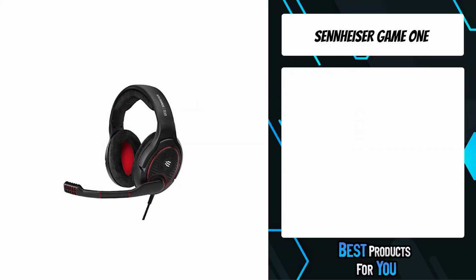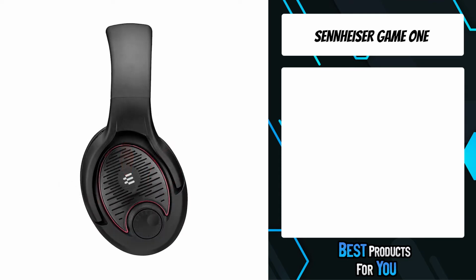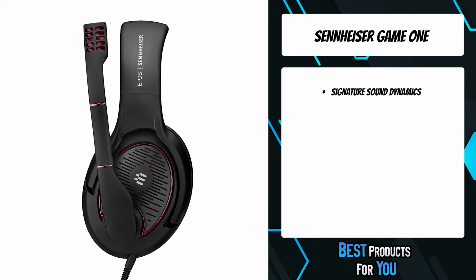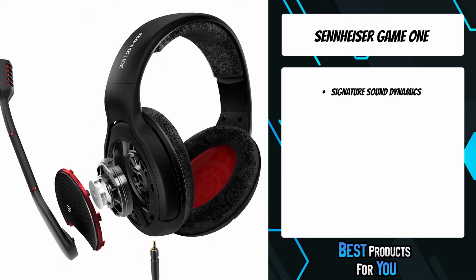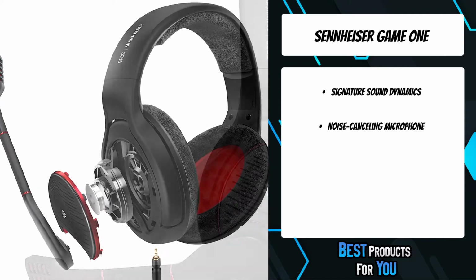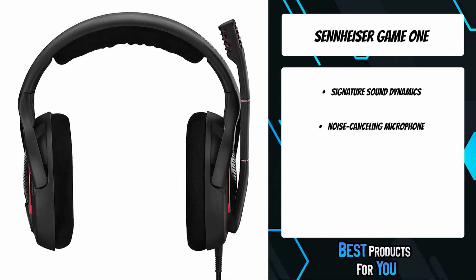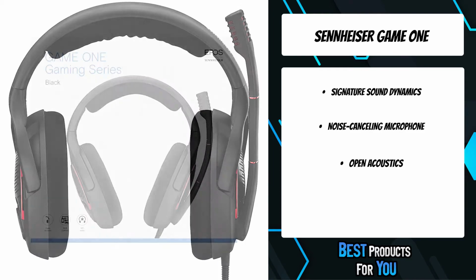The second product on the list is the Sennheiser GAME ONE. Gamers seeking the slim silhouette of classic headphones in a high-end gaming headset need look no further than the GAME ONE Open Acoustic Gaming Headset. The GAME ONE's open back ear cups and original transducer technology delivers extremely accurate realism and no-compromise high-fidelity audio. The EPOS-engineered proprietary speaker system delivers natural and organic sound with all the details and game cues needed for instant